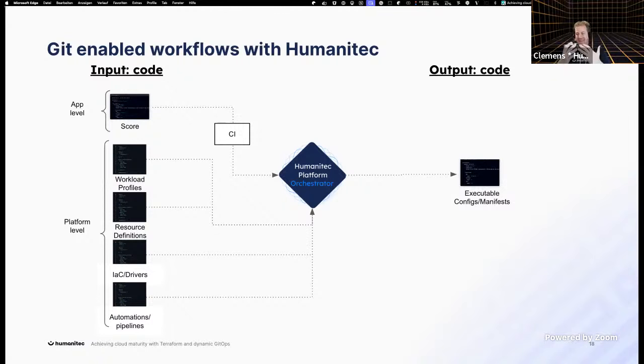It would still be a Git enabled workflow because it is based on the trigger that the developer commits something into a version control. The platform engineer commits something into a version control. And from this event on, we go and walk through that flow. But it is not GitOps because we do not have a system which is pulling, and we do not have a system which is continuously reconciling, because the rhythm of business for the orchestrator is the deployment. Every time you push the button, it goes there.